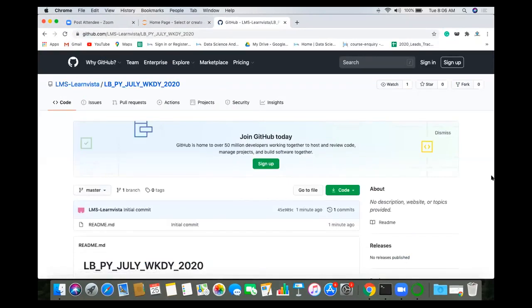So it will show you this fork button. First of all, you need to sign in into your account. So sign in into your account, and then it will show you this fork button. So click on this fork button and tell me what exactly it is showing to you.